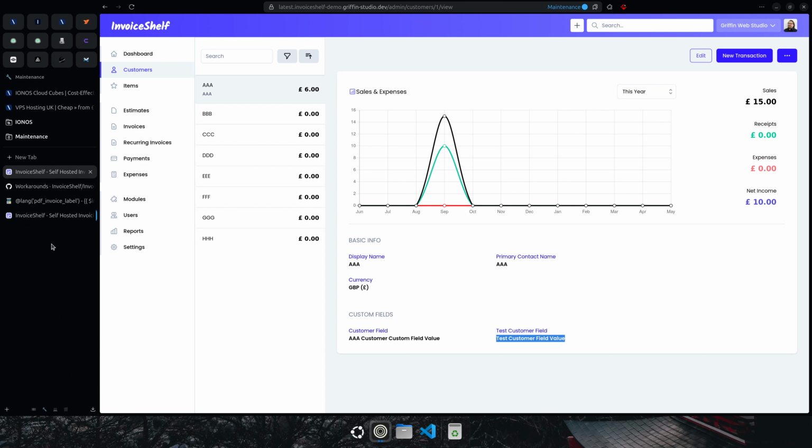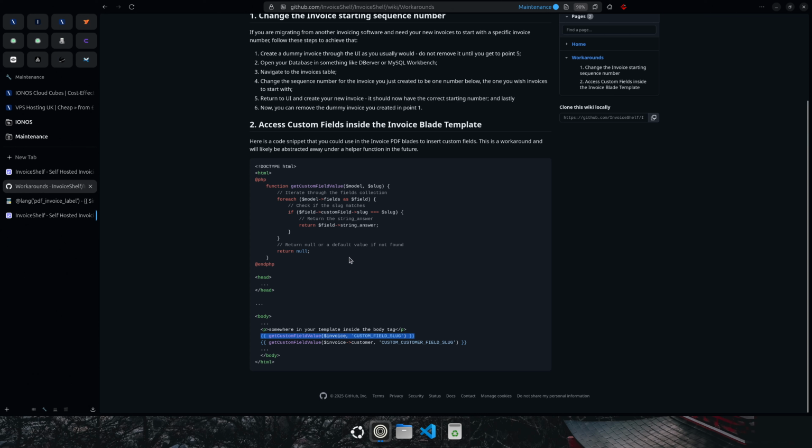Now, this is a workaround. This is not the ideal way to do it, but you can access the customer through the invoice model. Because the invoice model contains all of the other models through the relations, you can through the invoice sneakily get inside the customer model and then get the custom field from there. So when we get the customer fields, we're going to use this value over here. So invoice relationship customer. All right. So I'm going to copy that since this is going to be our field, and I am going to go inside